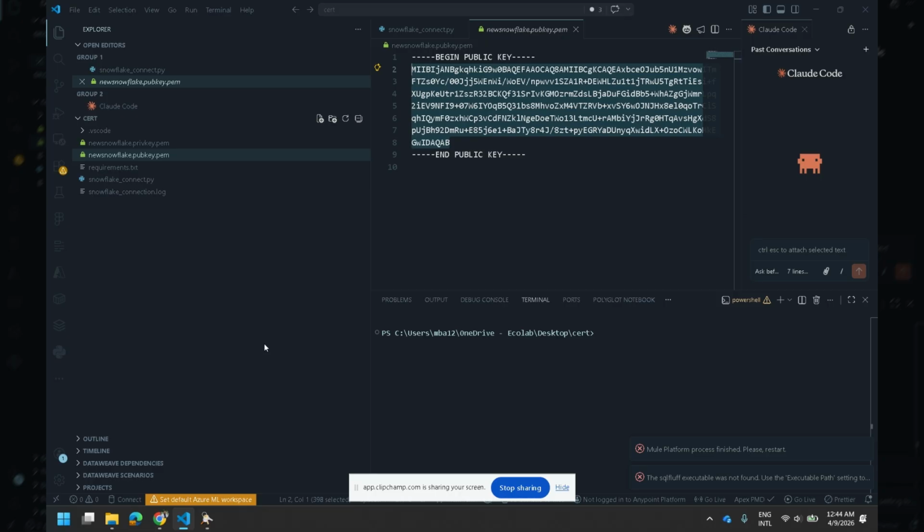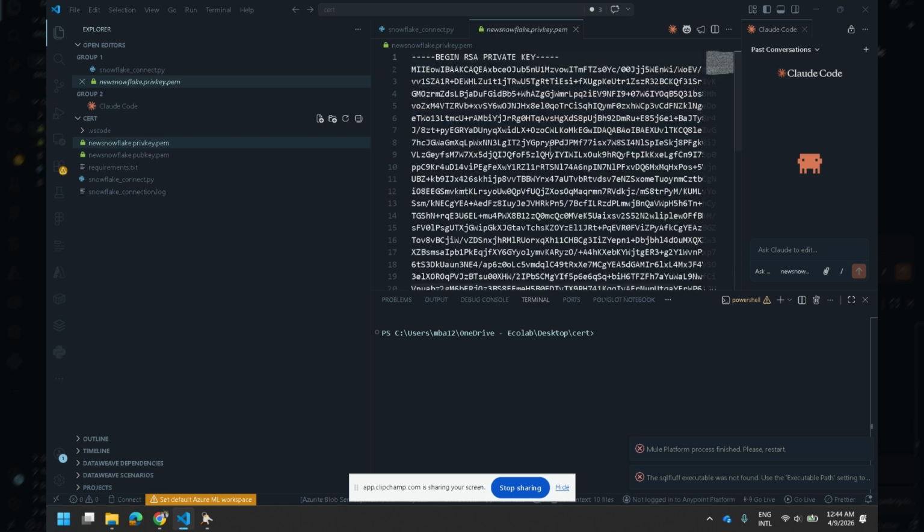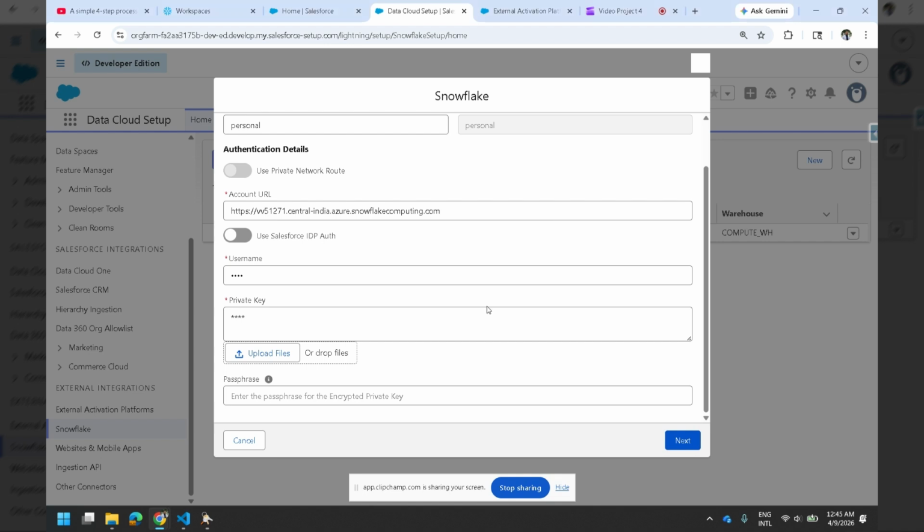How my private key looks like, this one. Once you upload this one, this will be removed and it will be shown. And since I don't have encryption, this password can be skipped as well. If you also give Central India, I have a Snowflake that is in Central India. So when you go to the next thing,